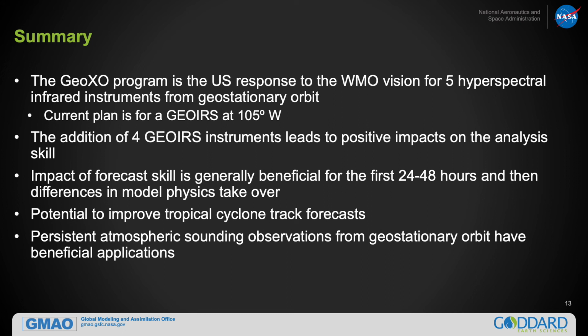We evaluated the impact that can be expected from the addition of 4 IR sounders in a geostationary orbit in an ASI framework, and found that this results in an improvement in analysis skill. This translates to improved initial conditions for the subsequent forecasts and a predominant reduction of the error, especially in the initial 24 to 48 hours. The overall improvements in atmospheric representation contribute to better tropical cyclone forecast tracks, as was shown for a particular system present in the nature run.